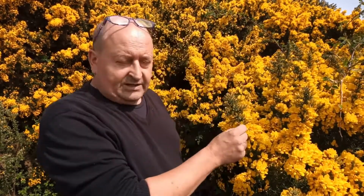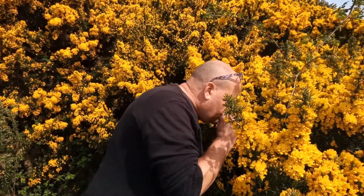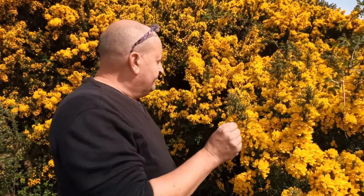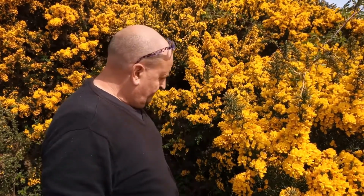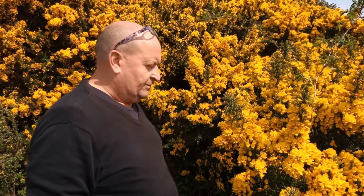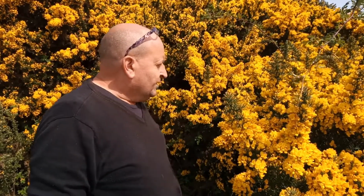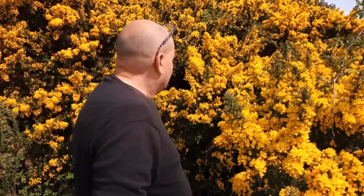And the scent's actually quite unusual. It's almost got a hint of cinnamon. I've never smelt the flowers of gorse up close. It's not as strong a scent as you would think. But